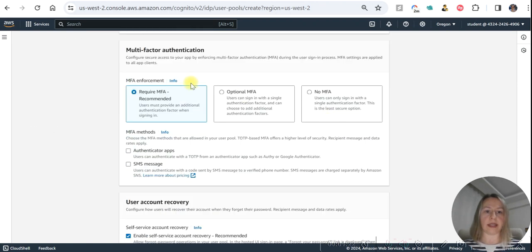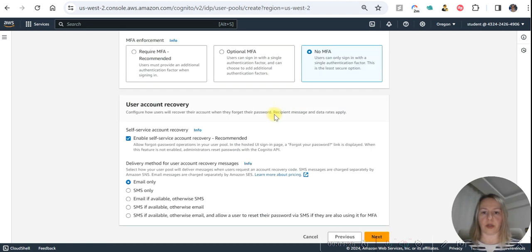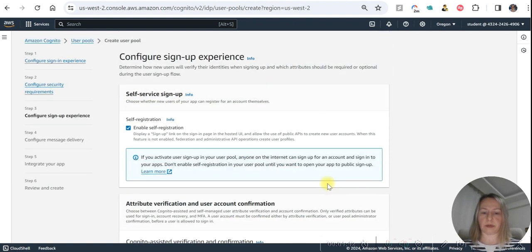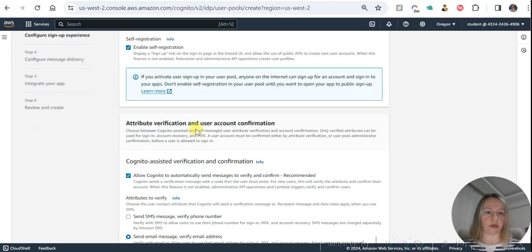We can use Cognito default settings for password requirements, policy, and then for multi-factor authentication, we can force MFA or we can continue with no MFA. I'm going to use default options in user account recovery and click next. We are going to allow self-service sign up, enable self-registration,